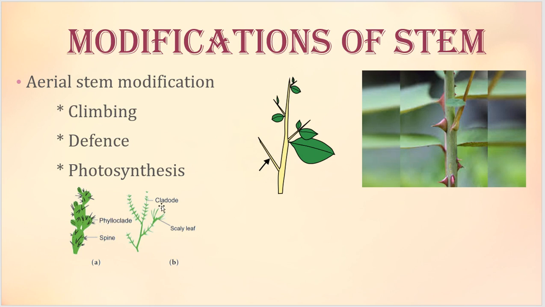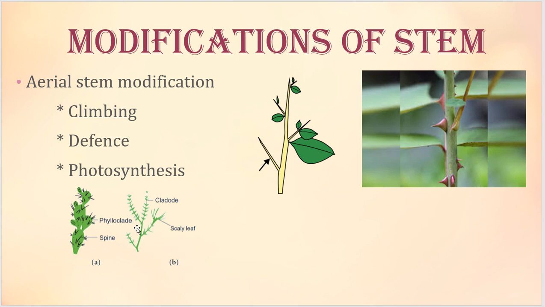Right? So you can see this phylloclad and cladode kind of modification in dry plants. When they want to avoid extensive transpiration, the leaves will get shed off from the plant as they grow taller. The leaves will shed off from the parent plant. And to do photosynthesis, the stem or the branch will change itself like a leaf. They will be doing photosynthesis. Okay, so the best known example for phylloclad is Opuntia.